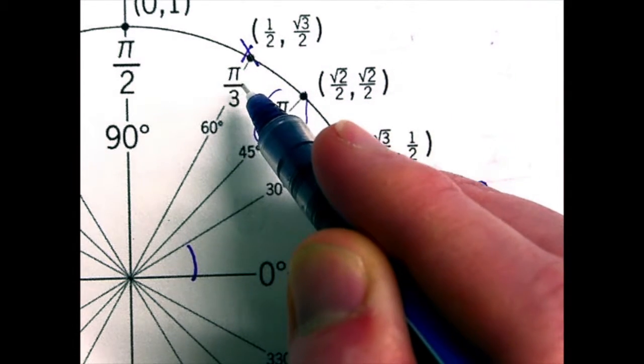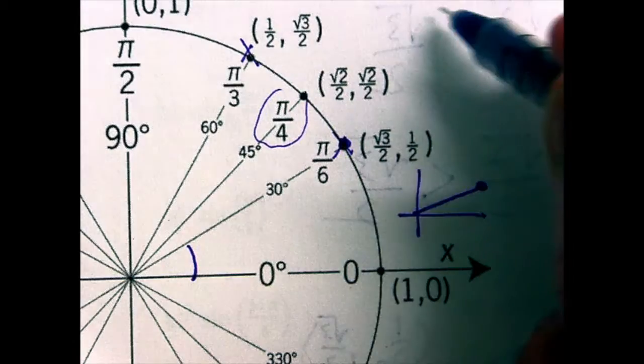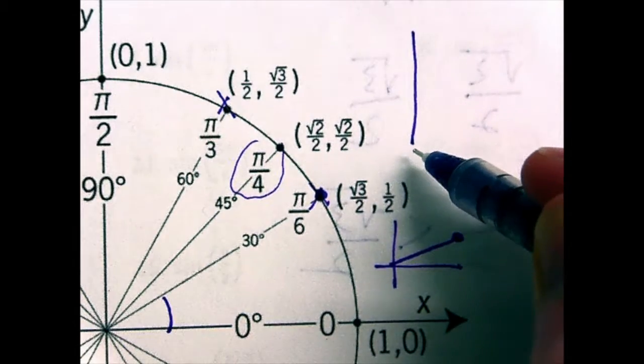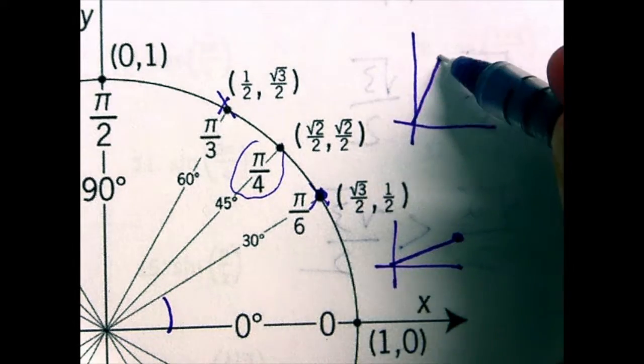Well, when I'm thinking about pi over 6, what I think to myself is, that's the really small angle. That's like the smallest of the 3. That's the little one. And I think about the positioning of this point right here. And all I do is I sort of remember, that point is a lot further over than it is up. Do you see that this point is further to the right than it is up? Because it's further to the right than it is up, that means the x-coordinate has to be